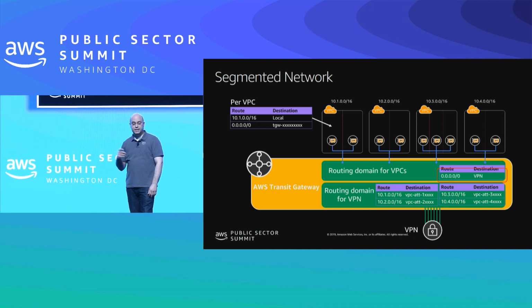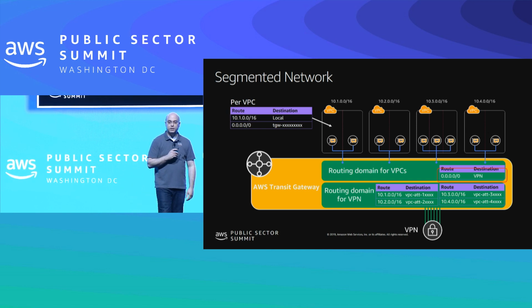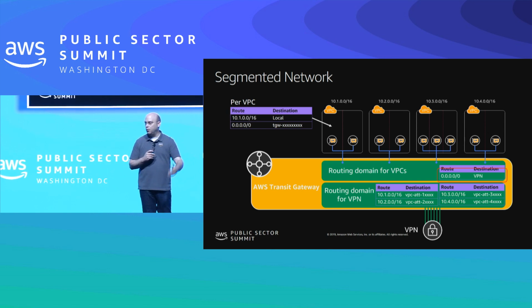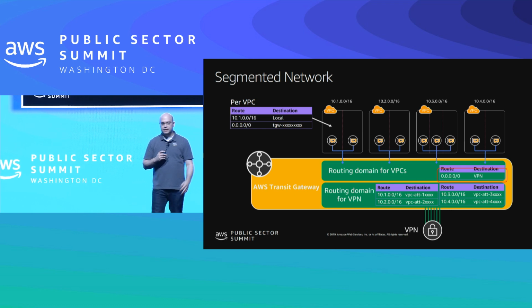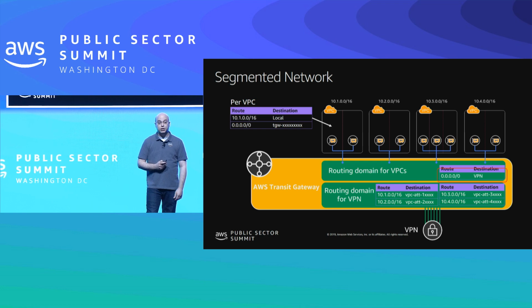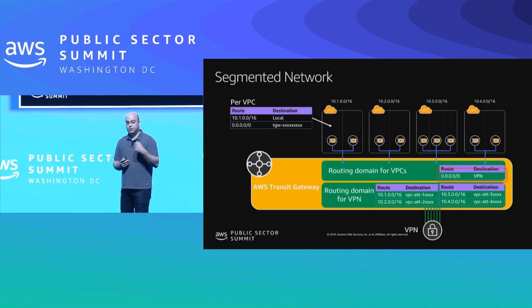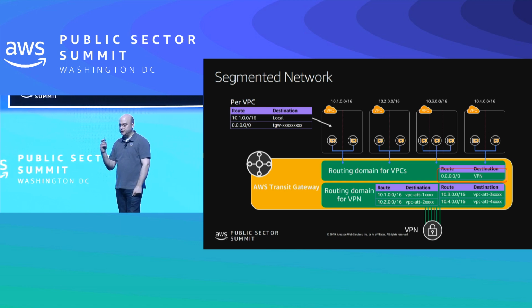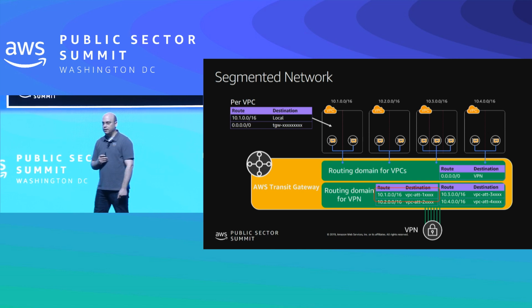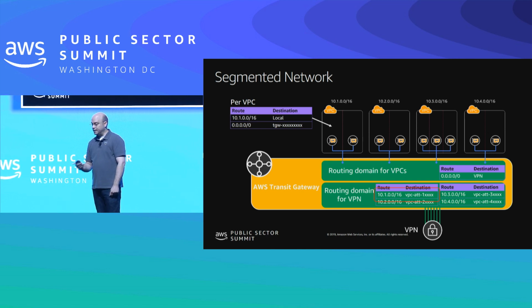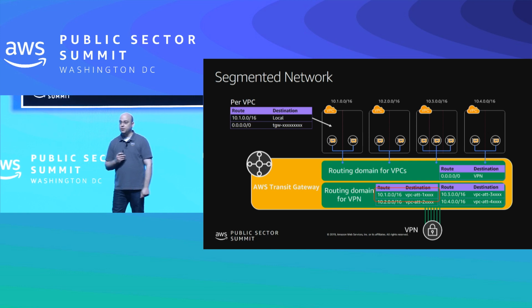Now, when 172.16.1.1 wants to reply back to 10.1.0.10, it sends this packet through the local infrastructure, it comes through the VPN, and is received by the TGW. The TGW does a route table lookup in the route table associated with this attachment, which is the routing domain for VPC. It finds an entry for 10.1/16 with the next hop of the attachment for VPC1, and the packet